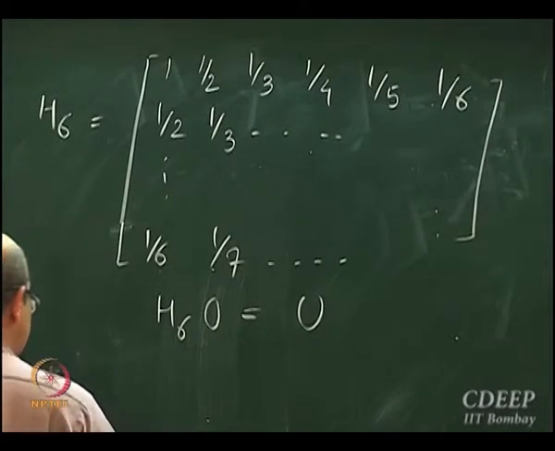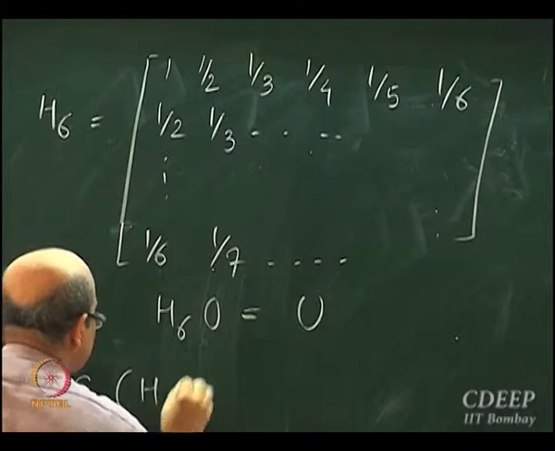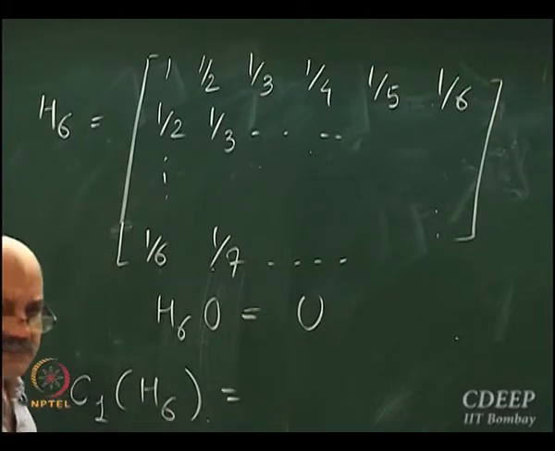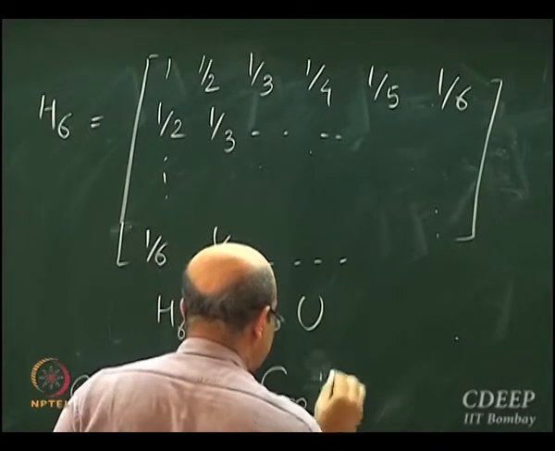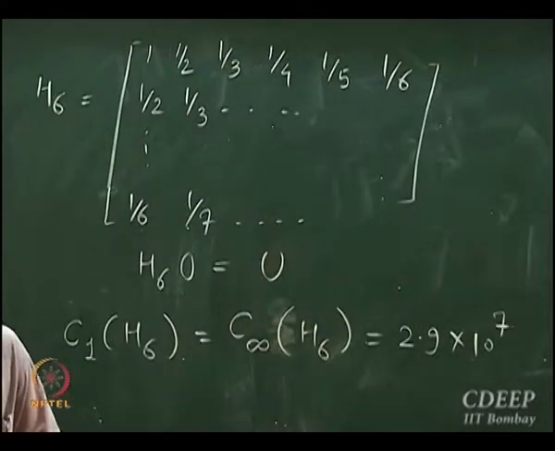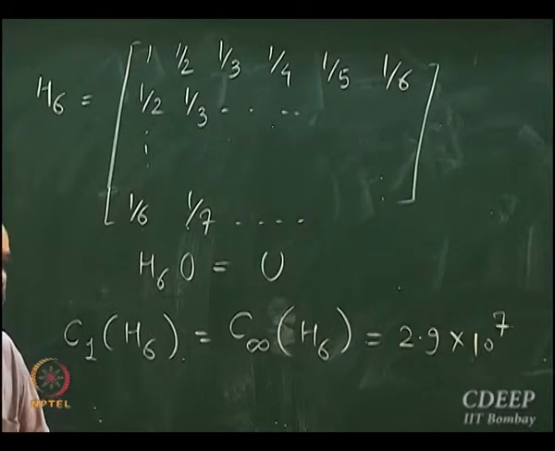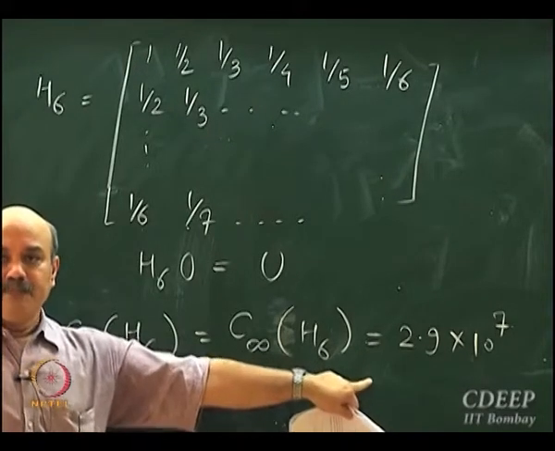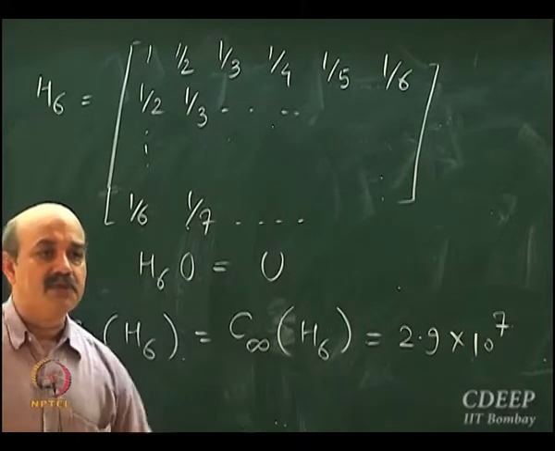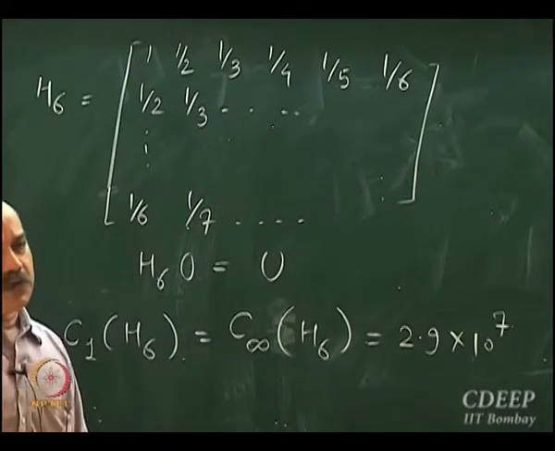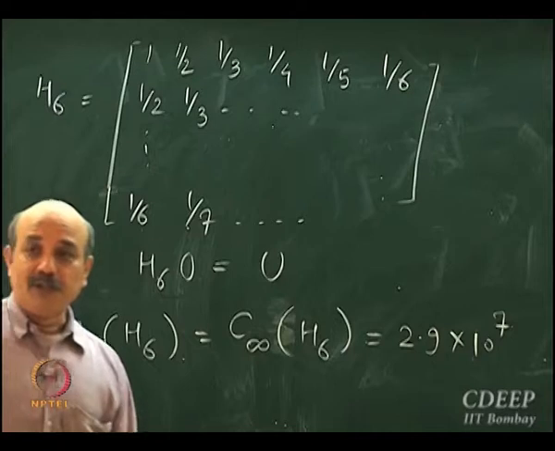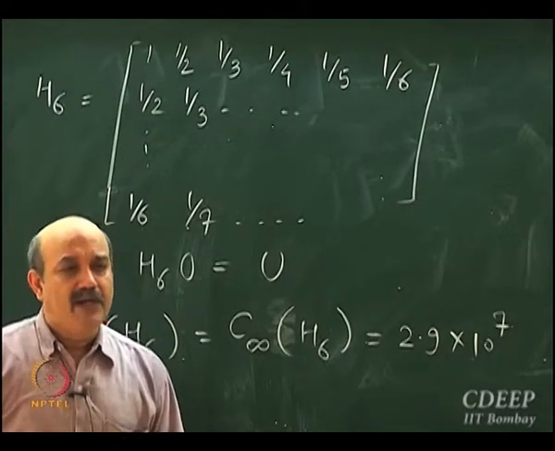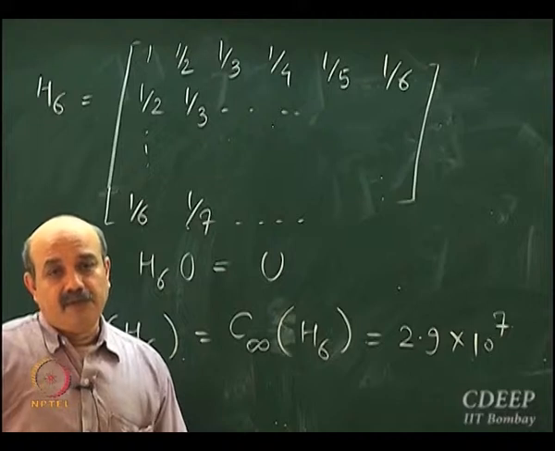And what you can show is that the C1 H6 condition number based on the one norm, which in this particular case turns out to be the same as the condition number based on the infinite norm, for a 6th order polynomial. Just look at this. The condition number is so bad. Whatever you try to do, you are not going to get reliable solutions. 10 to the power 7, a small error can get amplified in certain directions in very, very bad measures.